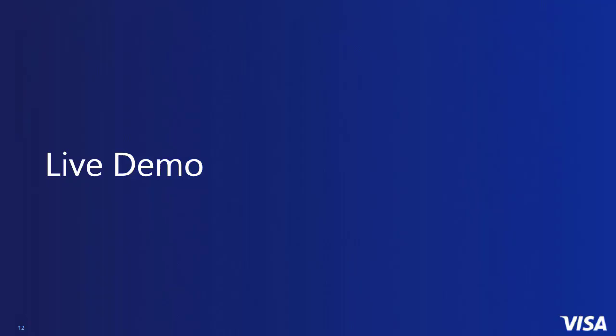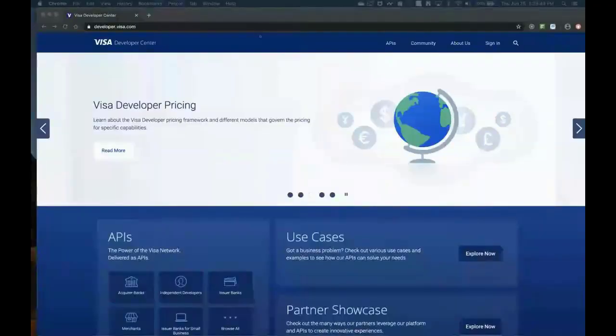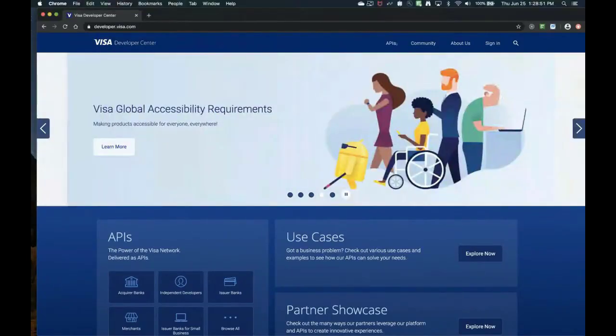All right, before I begin the demo of the Python script that I'm going to show you guys, let me show you a few resources that you can use. So I'm on the Visa Developer Platform website, and now I will go into the top menu here where it says APIs.